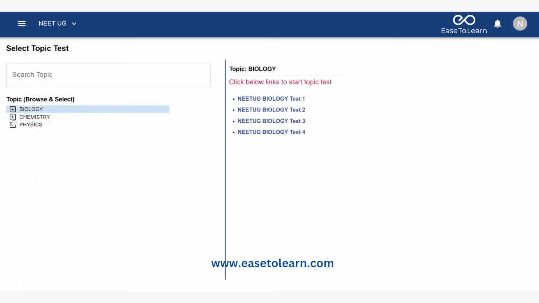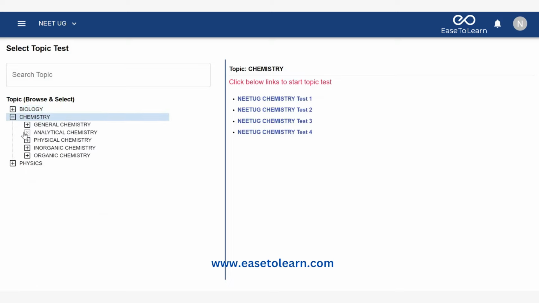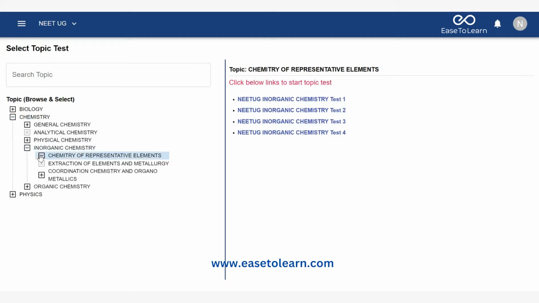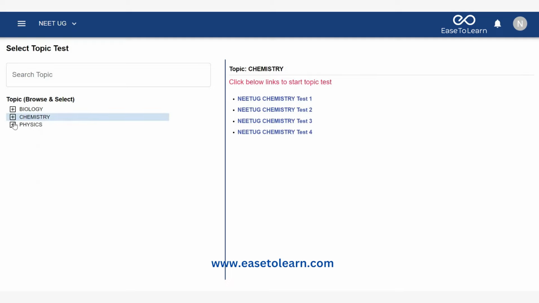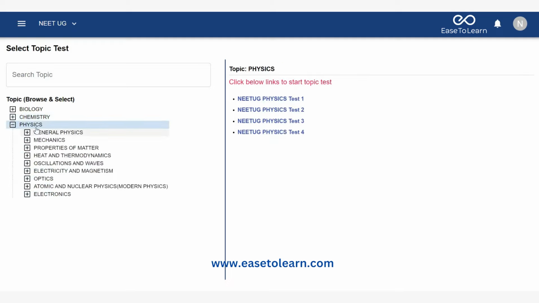Similarly, everything you will be opening in chemistry, right from your physical, organic, inorganic chemistries, and the chemistry of representative. Similarly, everything in physics, you will be opening one by one, all of them, each and every topic. So once you have mastered all of them, and this you should start doing just 2 months before your exam,